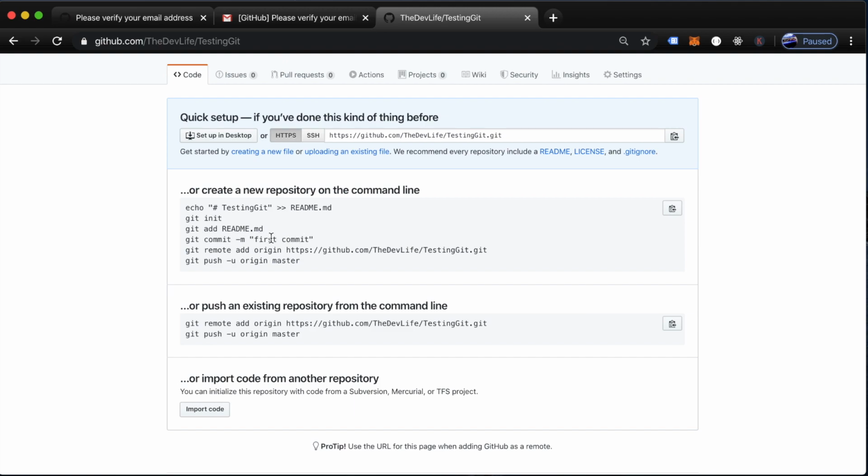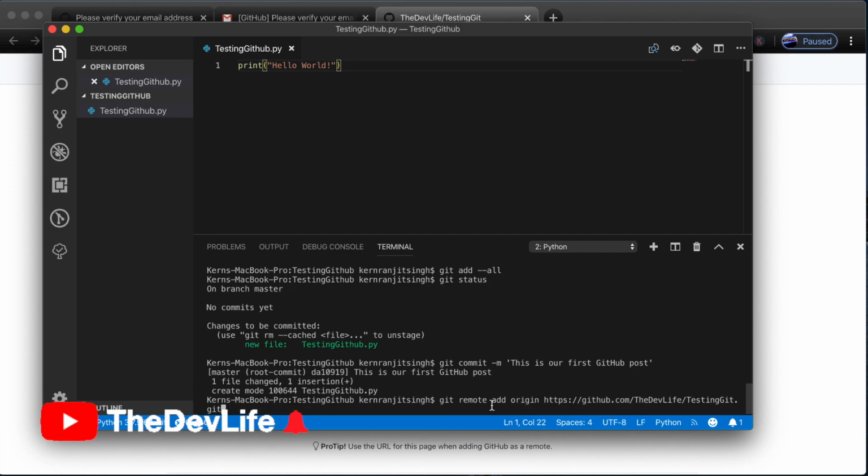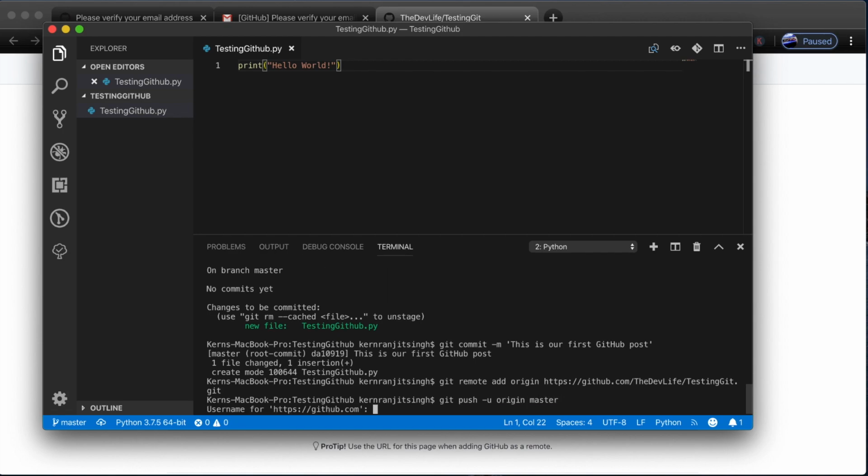Okay, so here are the commands that we did. Git init. We didn't do the add readme, but we did the commit, git commit. And now we're going to have to run the git remote add origin. So that's for this specific repository. So let's do that. We're just going to copy that command and go back to terminal, and then we'll paste it in there and hit enter, and that's fine. So if we do run that git push command now,